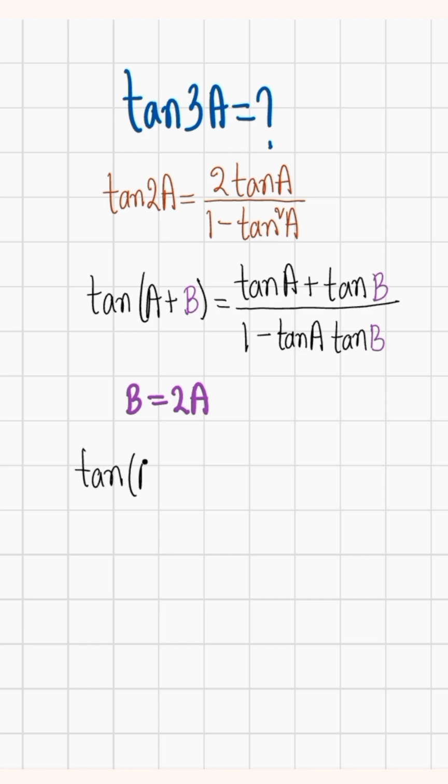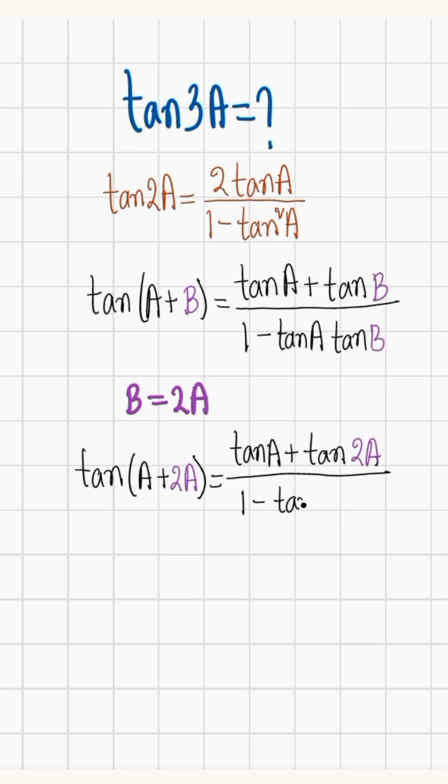tan(A plus 2A) equals to tan A plus tan 2A divided by 1 minus tan A into tan 2A।